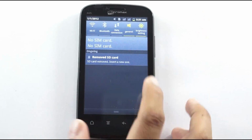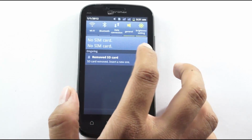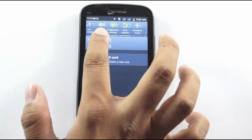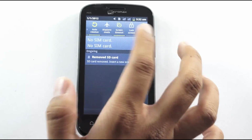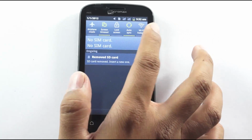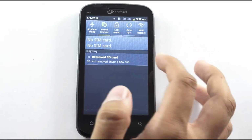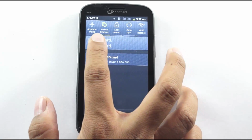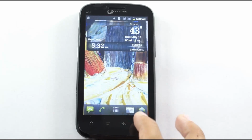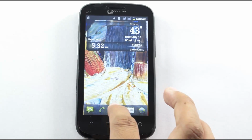On the top you have the notifications area, wherein you can find shortcuts to all different options like the Wi-Fi, Bluetooth, data connection, that's 2G or 3G. This is the brightness setting. Then you have the airplane mode, screen timeout, lock screen, Wi-Fi hotspot creation, that's the tethering option, and the auto sync option. So these are different options mentioned here. You can find there are two messages saying that no SIM card, which means that this is a dual SIM card. Once you're done with that, you can move back to the home screen,